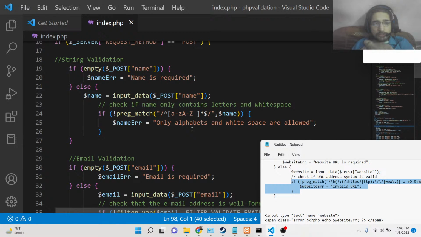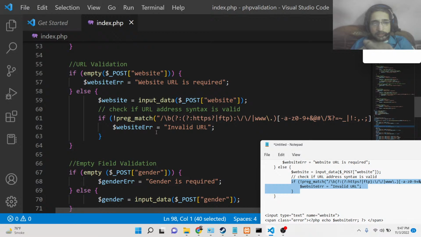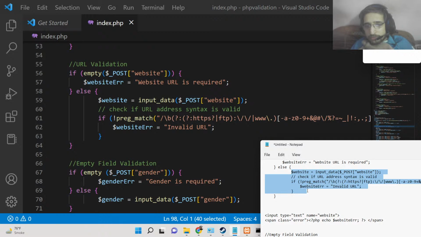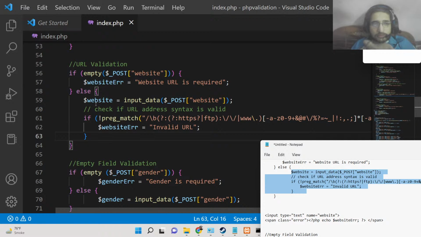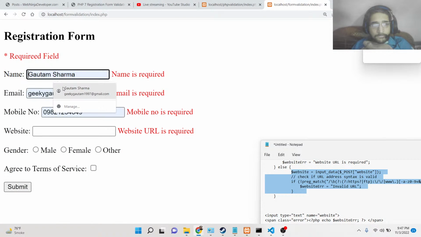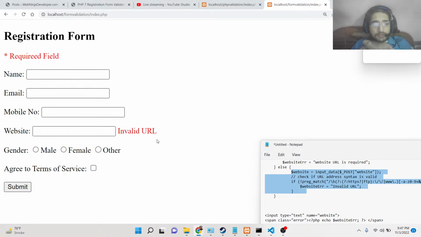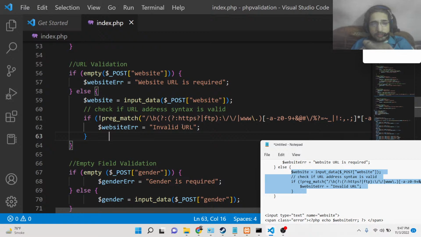Let me see guys why it is having this problem. Website error. Let me just paste it once again and again do this. I don't know why it is doing that, but